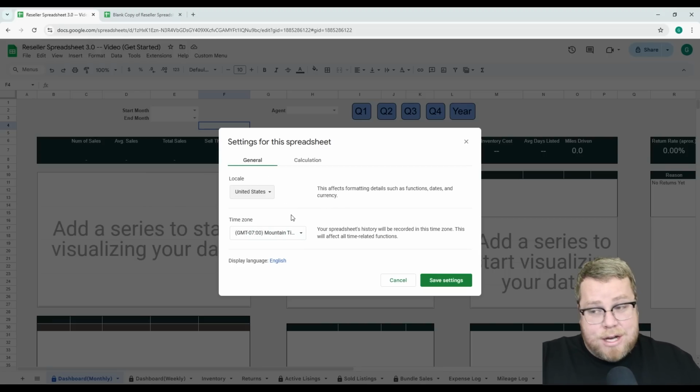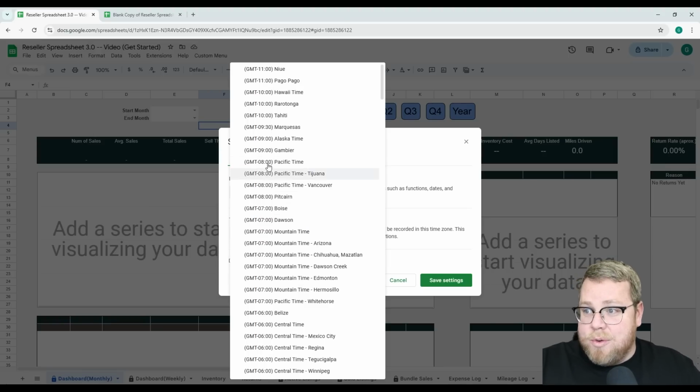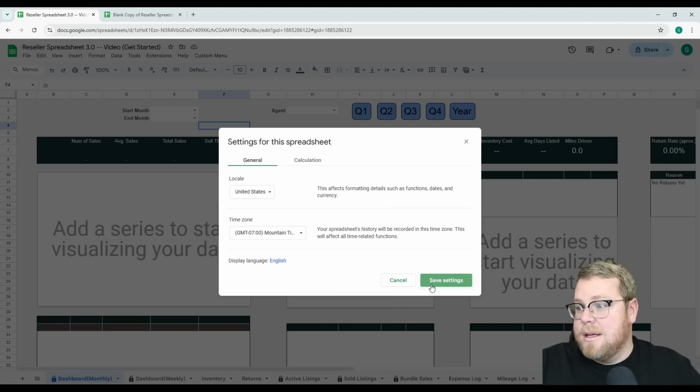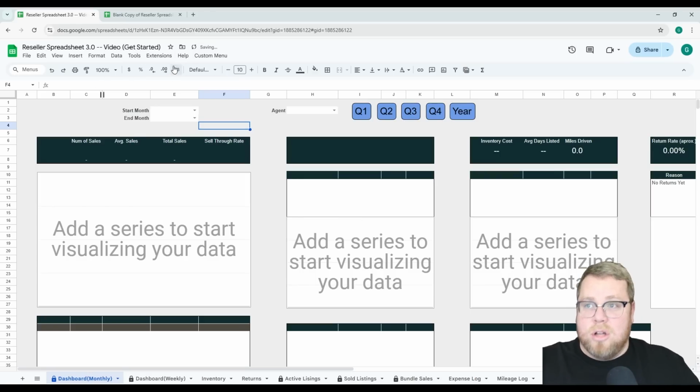I haven't tried that out, honestly. But the time zone, you do want to make sure you put your time zone in, which I am Mountain Time, save settings. And along with that, one thing you also need to do, this is a little bit